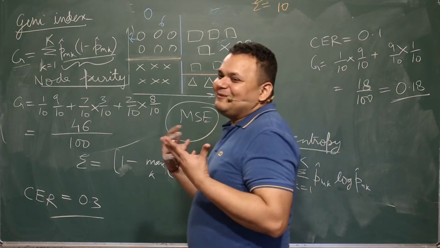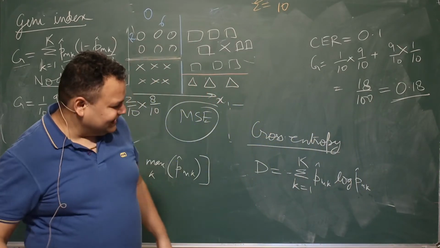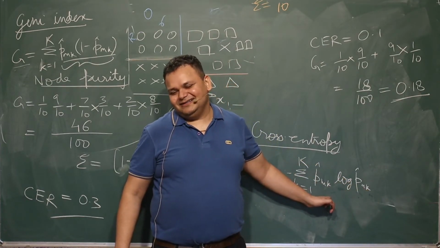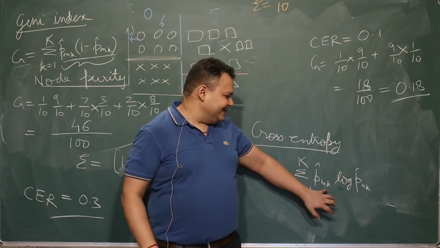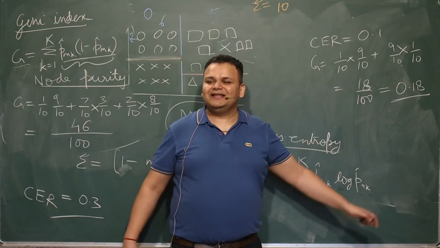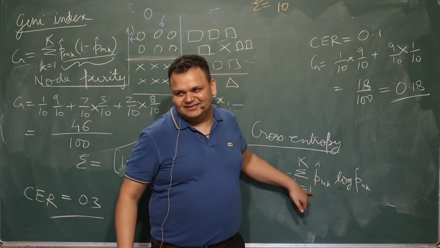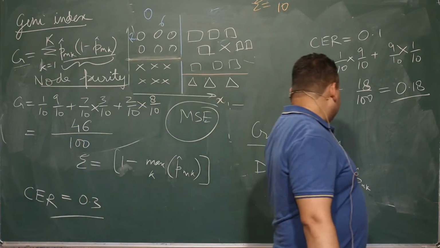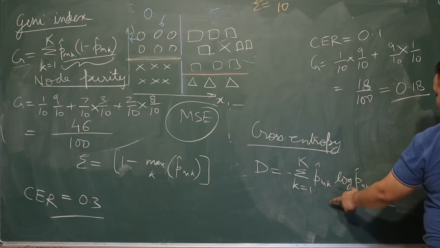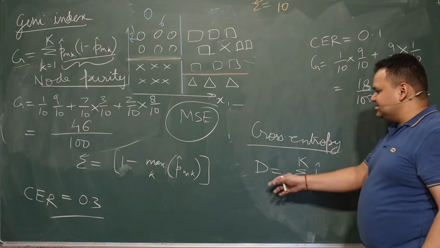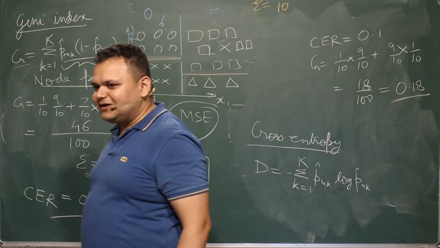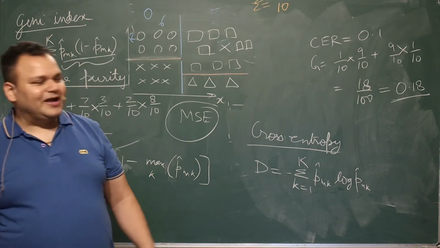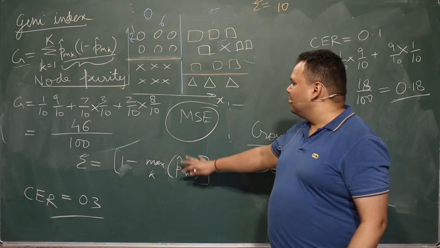By bigger I mean which will have more influence. Log is obviously going to be smaller than the non-log part, the linear term. Therefore minus infinity will be overpowered by this 0, so you'll get a 0. So in both the cases, when your PMK is 0 or when PMK is 1, the value of your cross entropy D is 0. Again, we are looking at the purity of the node.